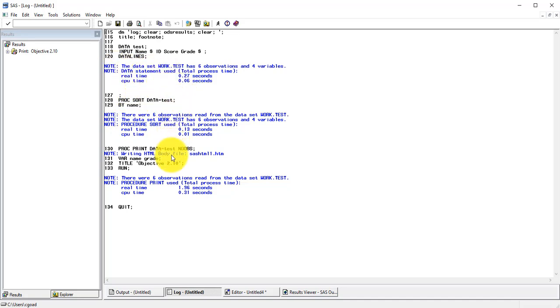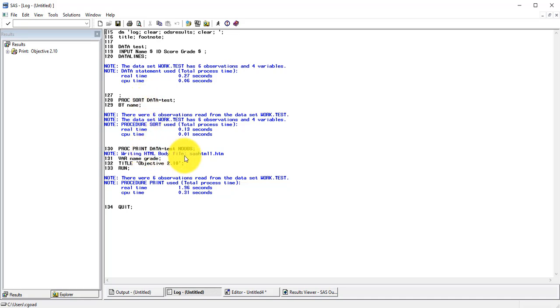and I see the code that I've written with some inserted notes. I don't see any problems in terms of invalid data or any warnings. My dataset test has 6 observations or lines and 4 variables, that is 4 columns. That's correct. The sort procedure operates on that. The sort procedure itself does not produce any printed output, it only sorts things in SAS memory. And then, in order to see the impact of that sort procedure, we follow it with a print